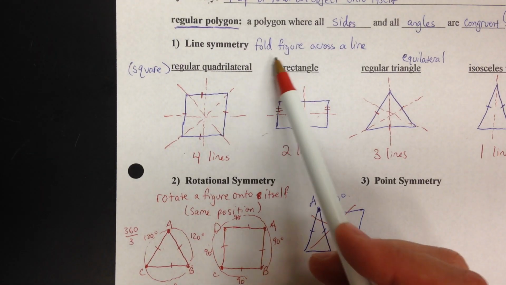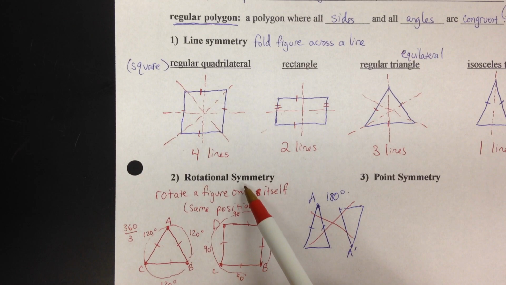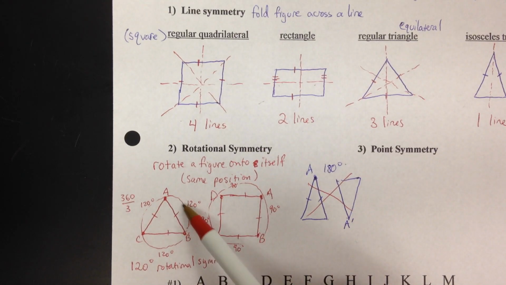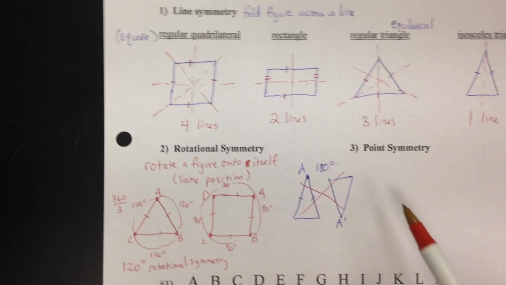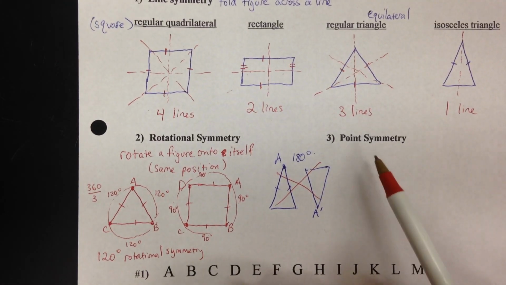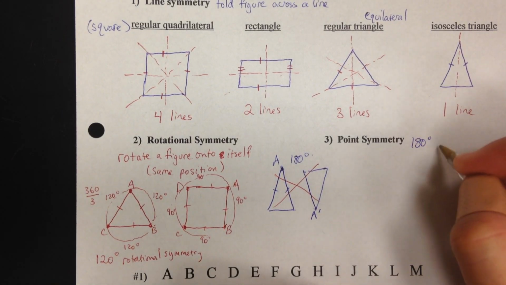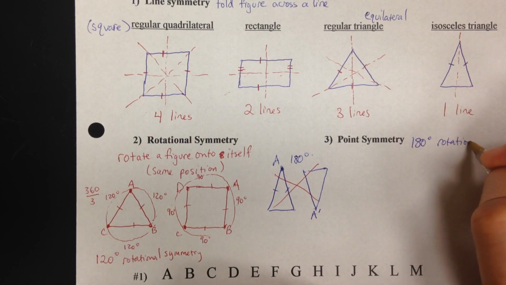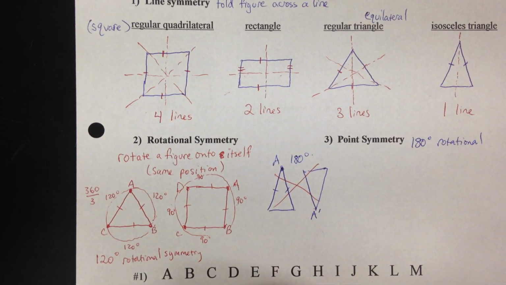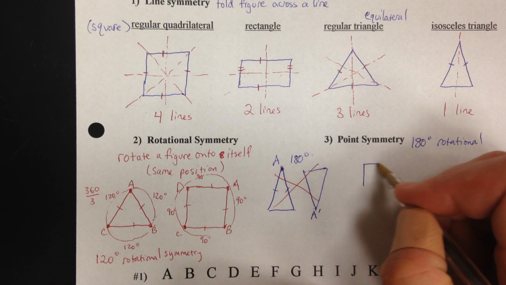So we have line symmetry, where you can fold the object across a line. We have rotational symmetry, where the object turns onto itself. And then the last one is called point symmetry, which is a special type of rotational. And what point symmetry does is 180 degrees rotation. 180 degrees rotational symmetry. So if we take a rectangle